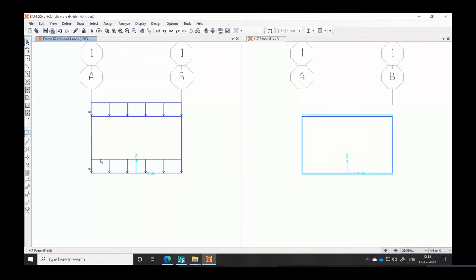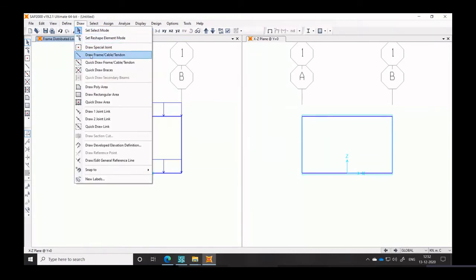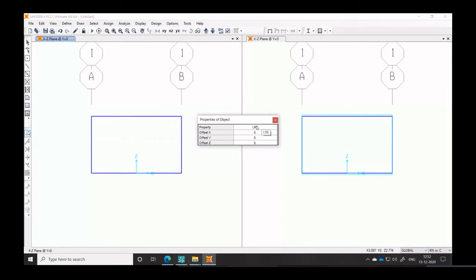Next step is to create that isolator at the isolation level. So I will go here, draw, one joint link here. And I will select LRB. There is only one link element, so this is LRB here. Once that is selected, just click on this one. A spring type element is shown. This is the isolator. Same on the second one. Again, a new isolator is drawn. So now the isolators are connected. You don't have to do anything else.